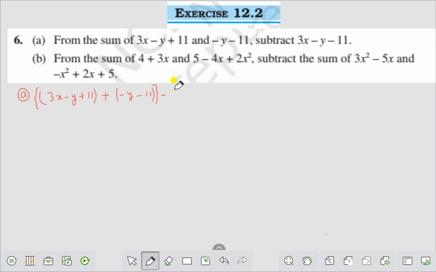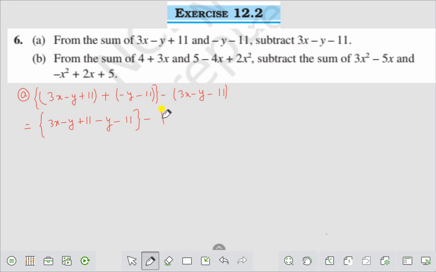This one is 3x minus y minus 11, right? Now if we add this one, that is 3x minus y plus 11, plus into minus is minus y, plus into minus is minus 11,